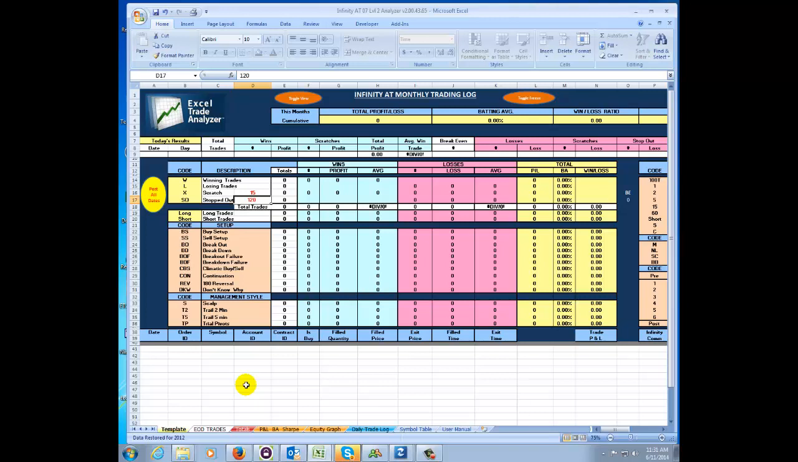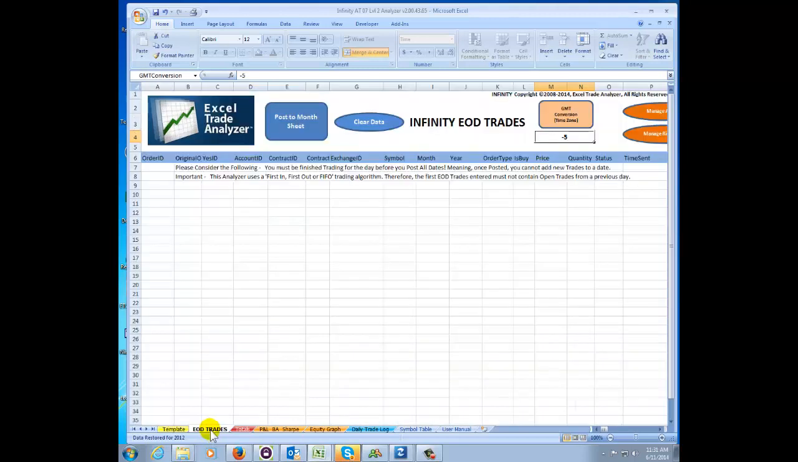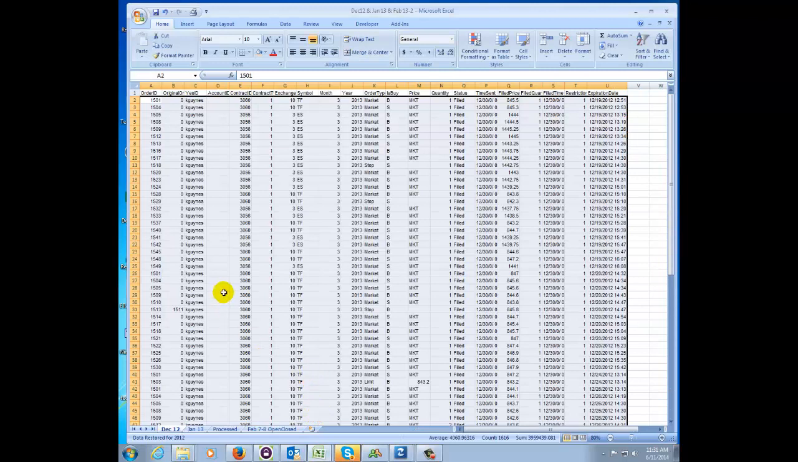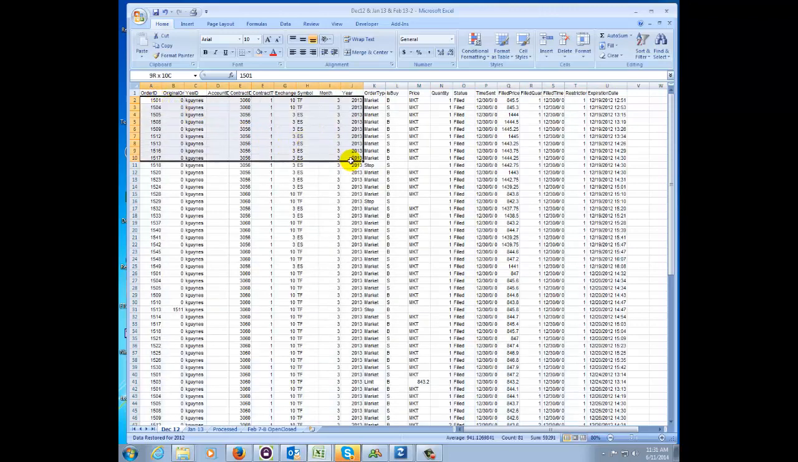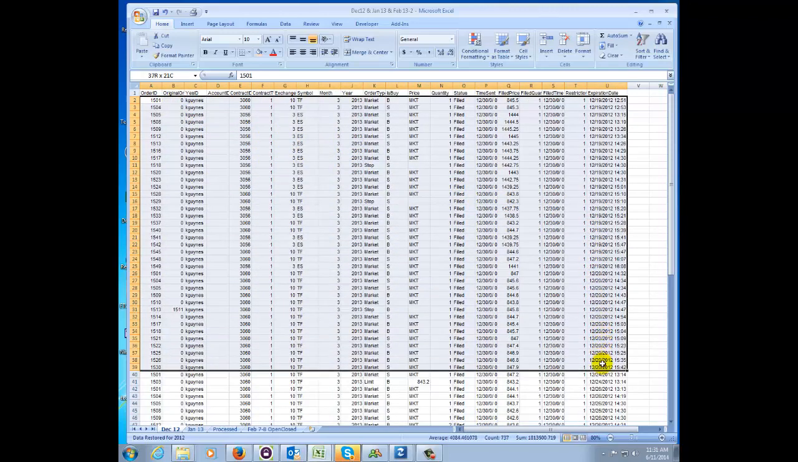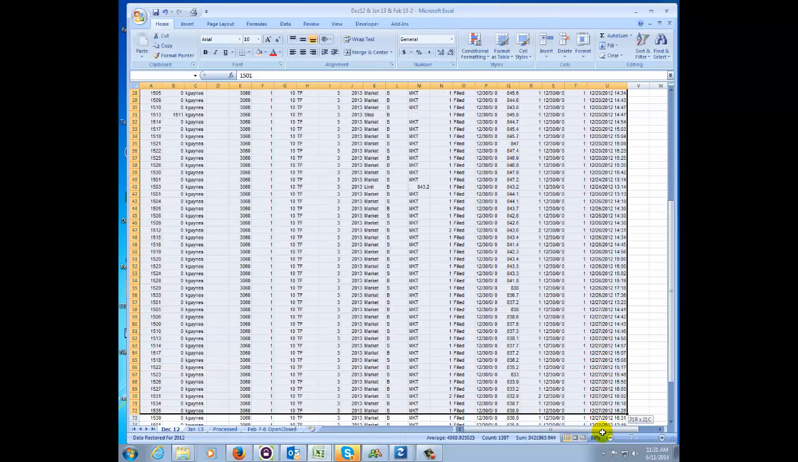Once you've done all of that, and I admit it takes a few seconds to get in there and get all this set up, you're ready to start posting some trades. So now go to your trades, end of day trades, go to your saved file for your trades, and just highlight all the trades. Now here I've got 4 days of trades in here, so it looks like a large gathering of trades, but it's actually 4 days of